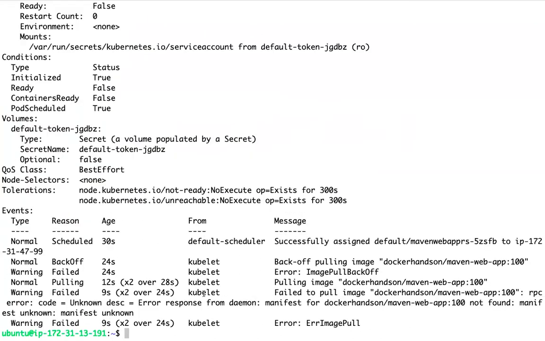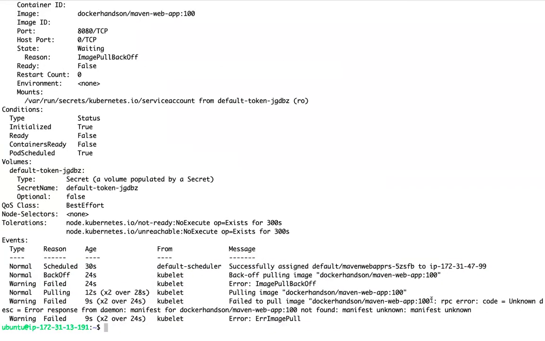Here, if you see what it is saying, fail to pull image, right?